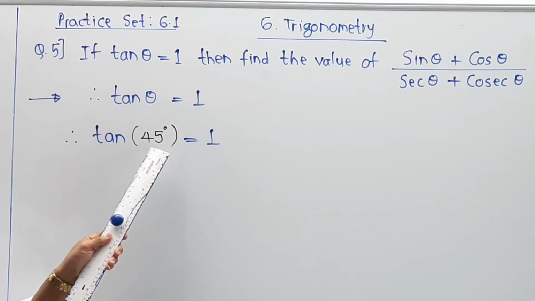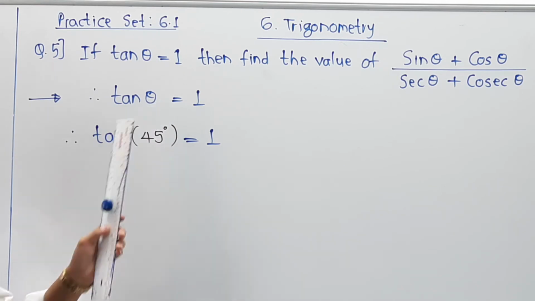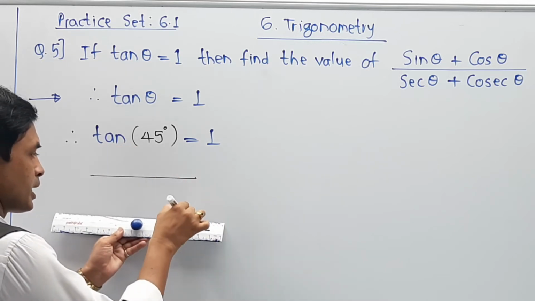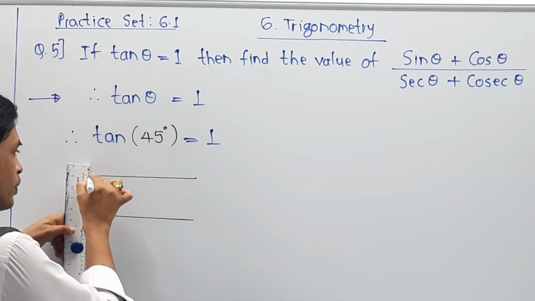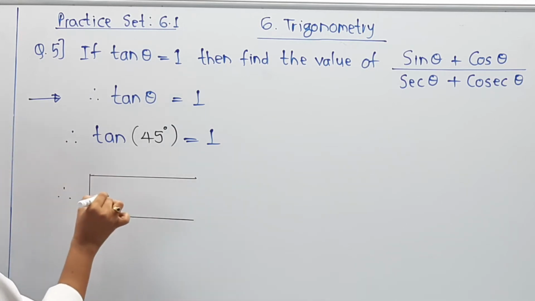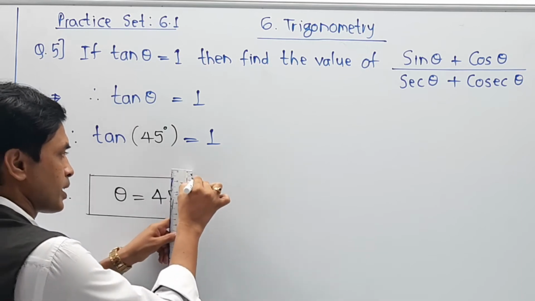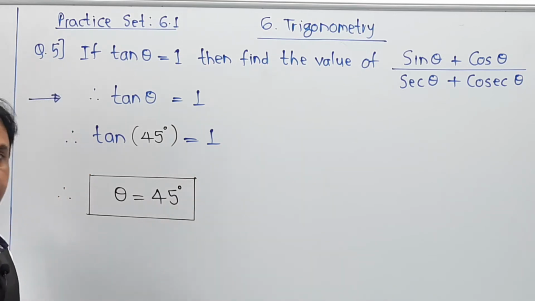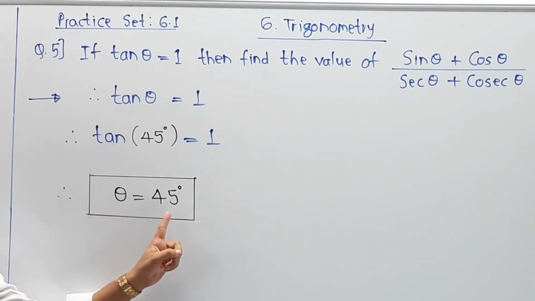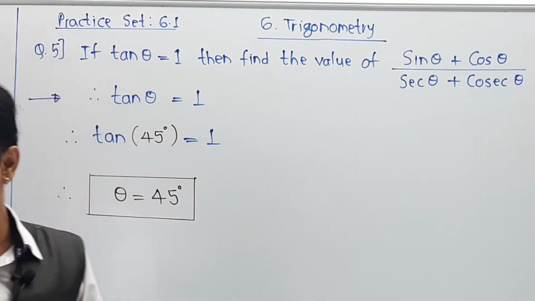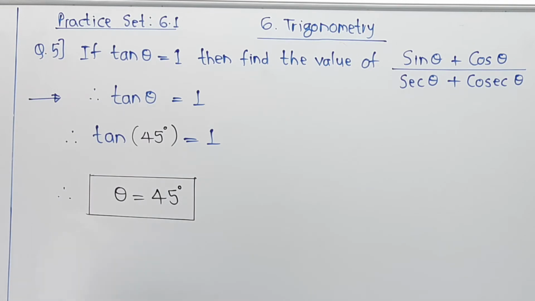Naturally you can say theta is 45 degree or 45 degree is theta. So you are getting the new answer from this part, and that is the main calculative part for you. From this calculation you are able to get theta is equal to 45 degree, and that is the main conclusion for this step. Now as you have theta equal to 45 degree, you have to put this value in this numerical and do the needful calculation.